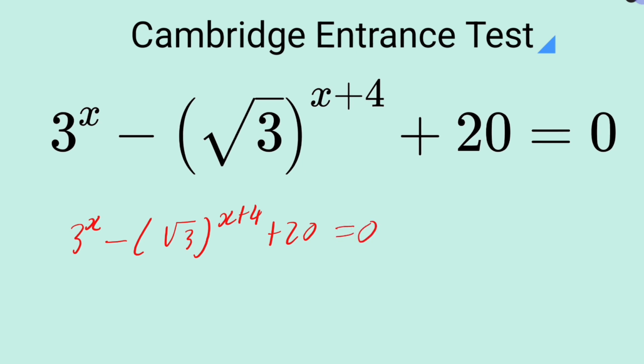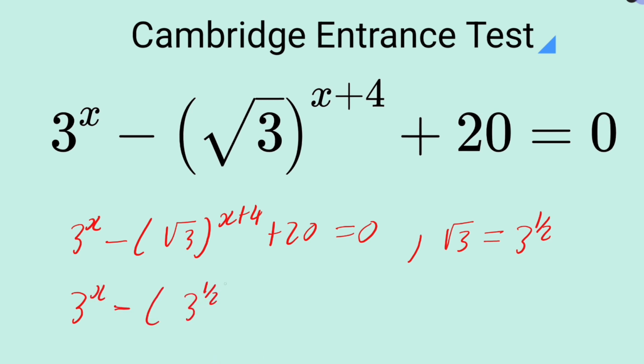Now, since the square root of 3 is equal to 3 to the power half, we can substitute this into the equation. So we're going to have now 3 to the power x minus bracket open 3 to the power 1 over 2 all this to the power x plus 4 plus 20